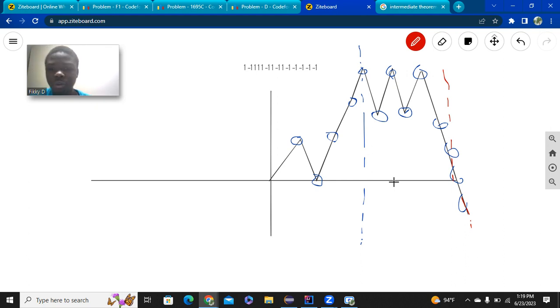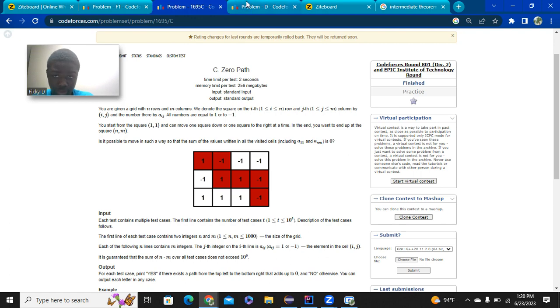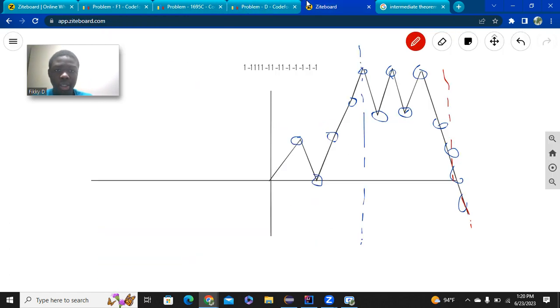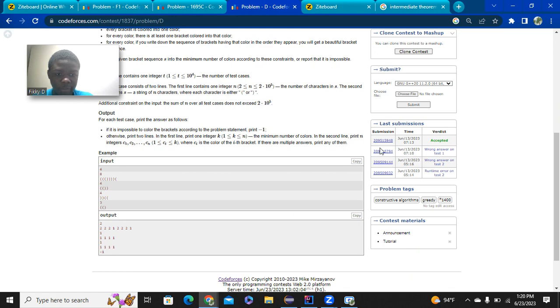And this can also prove why Kadane's algorithm works. With this sort of thinking of turning things into ones and negative ones, you can prove a lot of things, like Kadane's algorithm, which is just maximum subarray sum. If you have ones and negative ones, you can prove a lot. This is a really useful way to think about ones and negative ones on a graph. It solves this problem, it solves that problem, and it solves this problem if you think about it like this. And that's how I was able to solve this question.